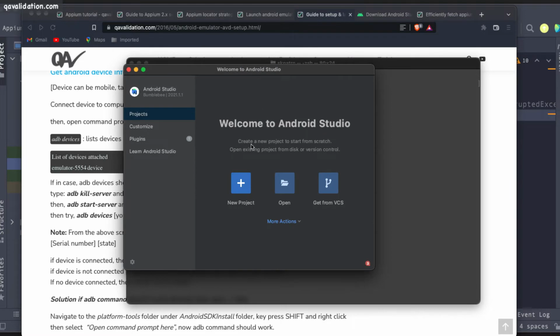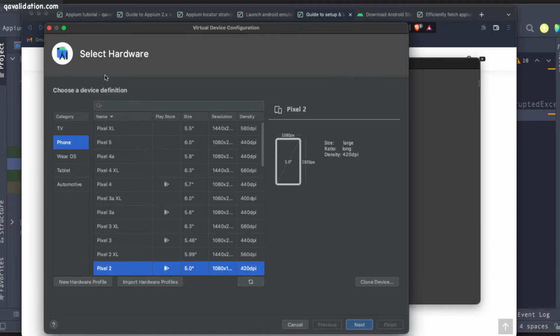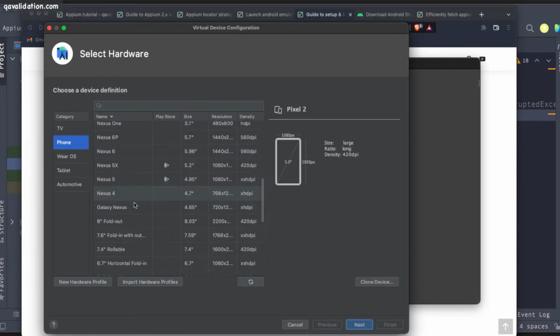Now the second thing is that if you go to this More Actions, after all of your job is done with the SDK manager setup, you have to go to the virtual device manager. Okay, so if you click on that, it gives you a utility to create all the simulators. For instance, you can see that there is a Create Device. I'll click on this, and you can choose any of the models from the Android